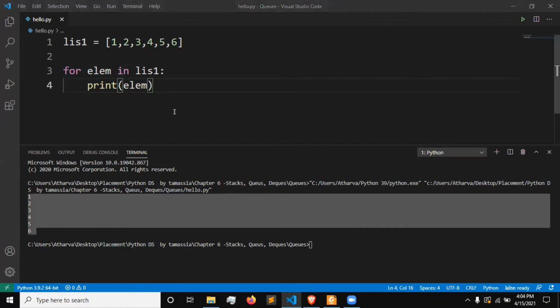Okay. So by using this we can get all the elements. For example, if the list is of all the college students, like 2,000 people, we wouldn't sit writing print student number 1, print student number 2. We could use a for loop instead of writing all the elements manually.